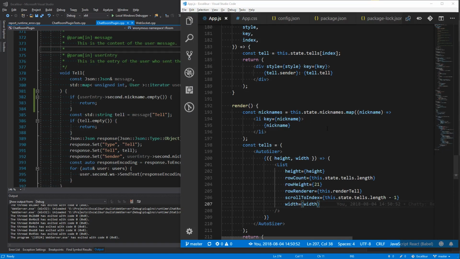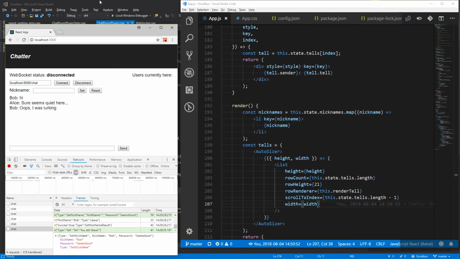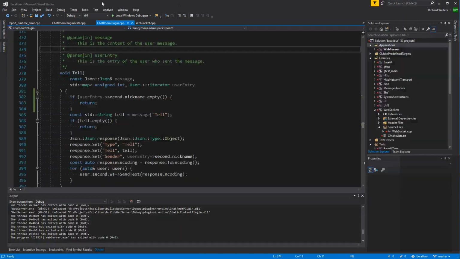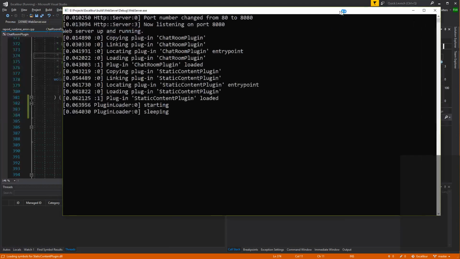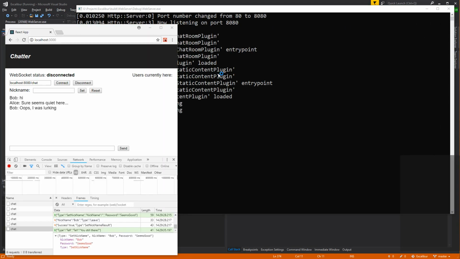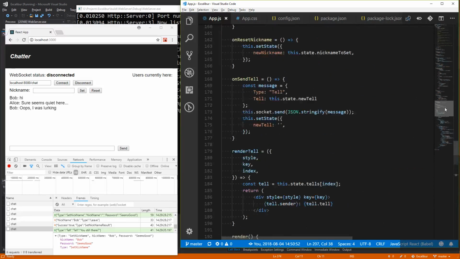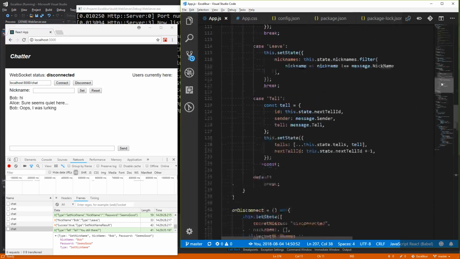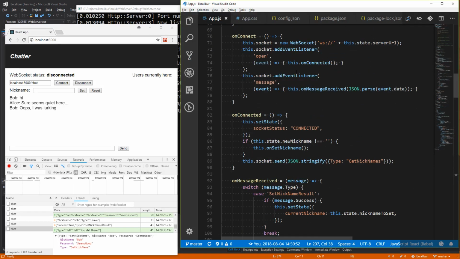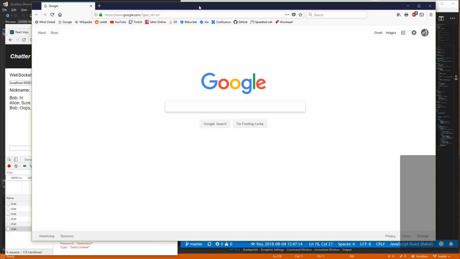So let's see. If I put these side by side here and run the web server, I think we just need to, when we open the socket here, have an event listener for close, I think. Let me look it up.